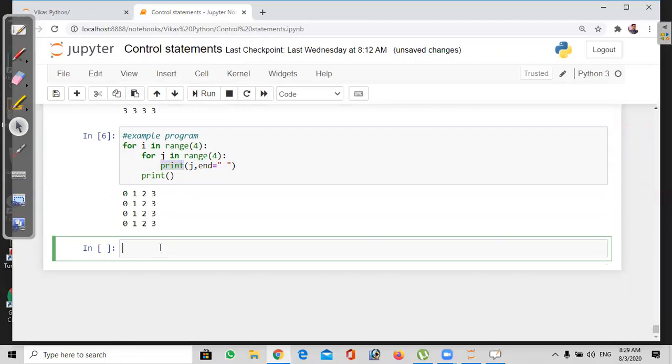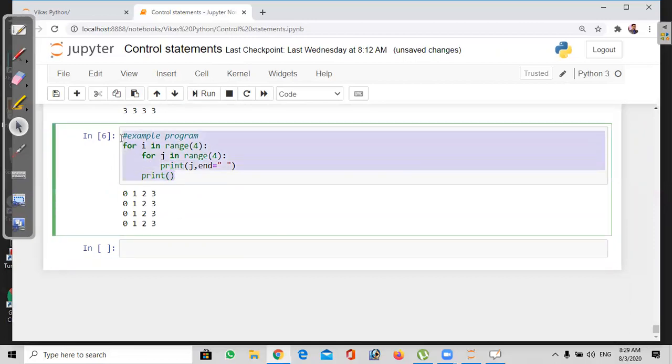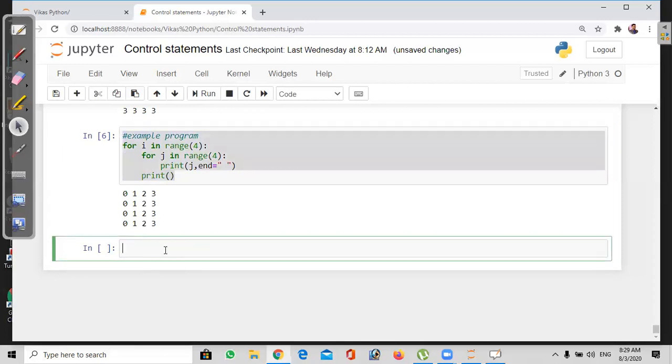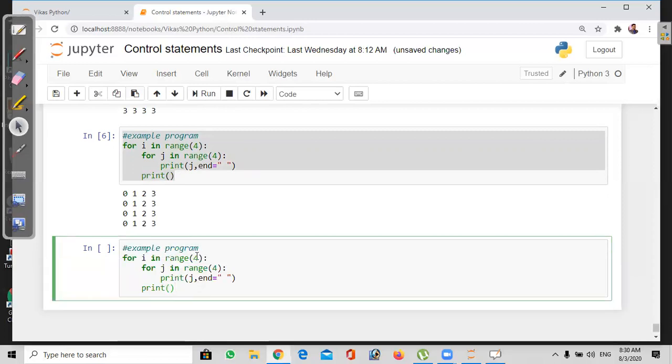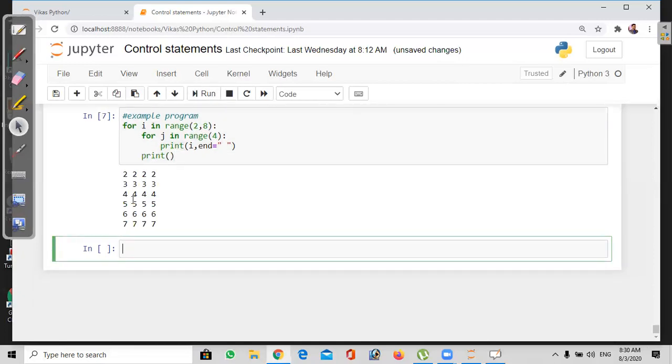So in case of without range, if we need different numbers for each one, now we'll check that. For example, I wanted to print certain required numbers in between our required range, the numbers between 2 to 8. So 2, 3, 4, 5, 6, 7 we will get. For j we simply kept it here, and I wanted to print the i value. When you run this, see the values we got: 2, 2, 3, 3, 4, 4, 5, 5, 6, 6, 7. Till 7 we got it.